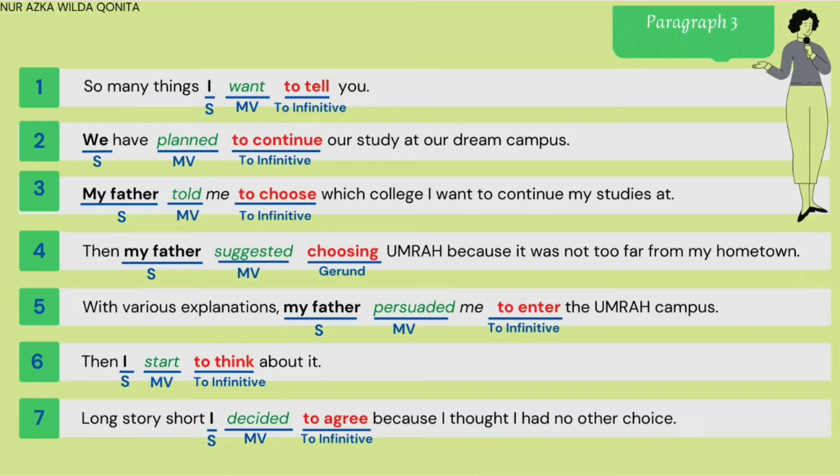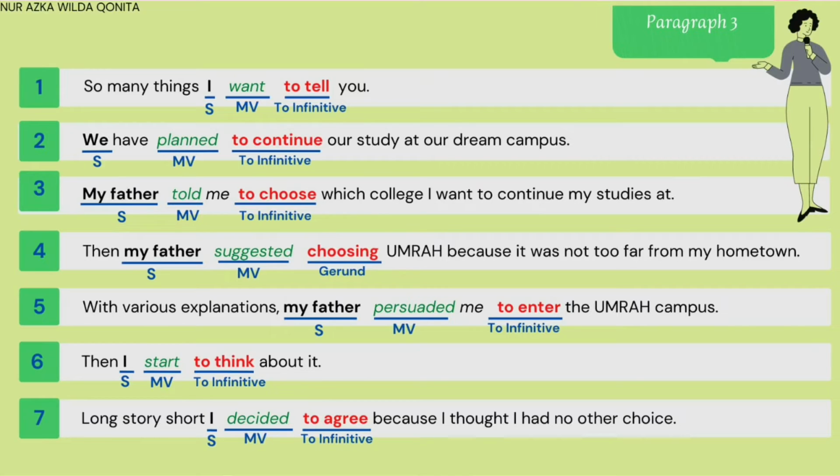So my father in here is the subject, persuaded in here is the main verb, and to enter in here is the to infinitive. Number 6, then I start to think about it. So I in here is the subject, start in here is the main verb, and to think in here is